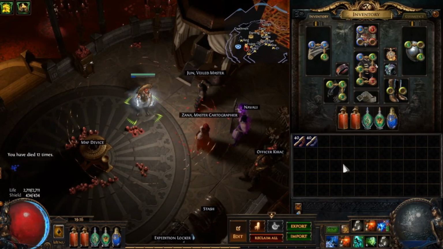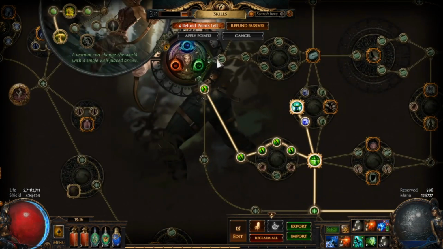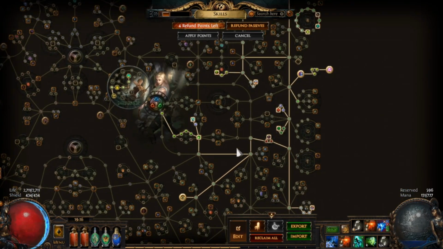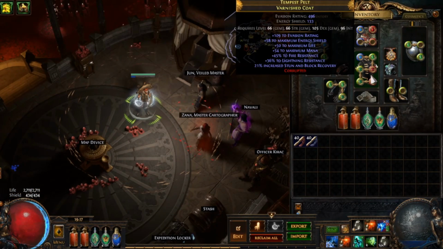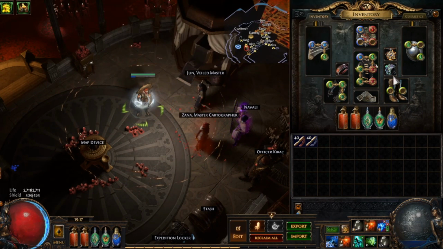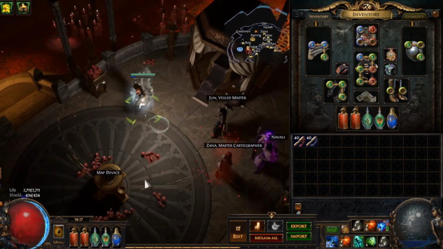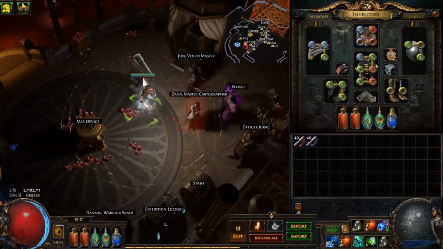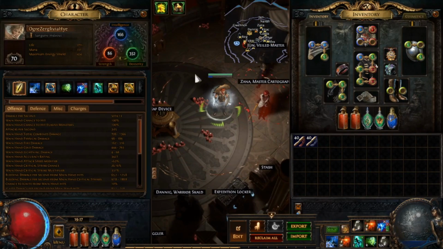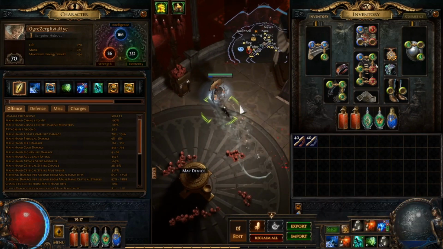The reasoning for that is because I am going to be using Wind Ward and Wind Dancer, as well as at some point I'm going to get a 6-link Kintsugi. Right now I just have this regular 6-link I bought for like 20 chaos. I think it was 20 chaos, because it has pretty good resists and some life. So I bought this, and then outside of that, I'm also using Flesh and Stone and Sand Stance to give